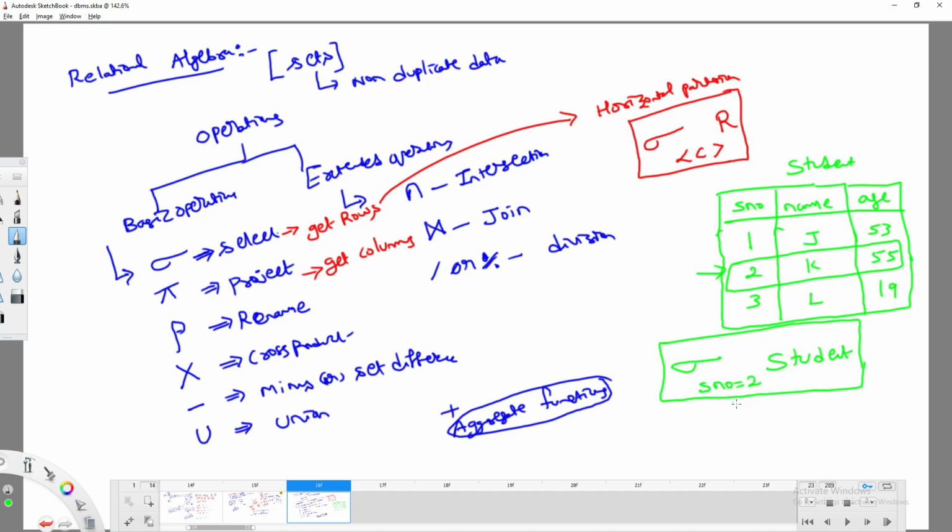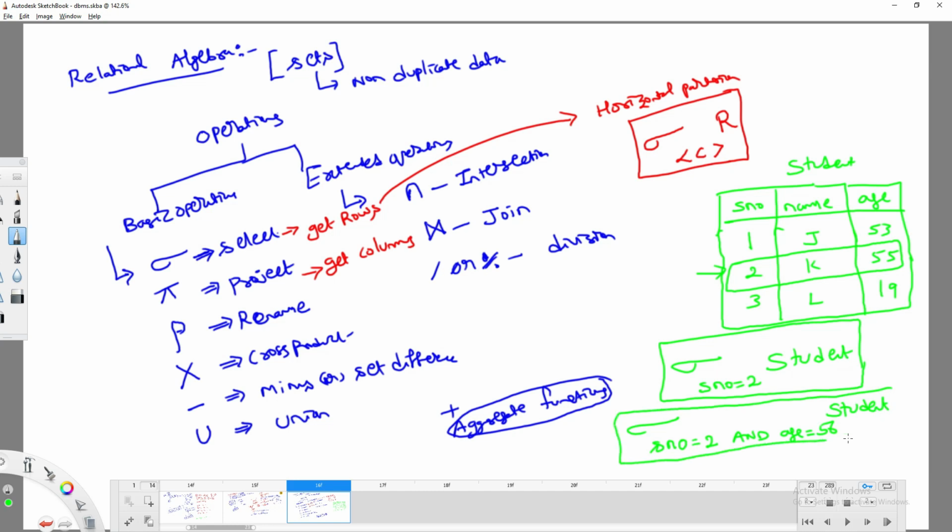Can I combine multiple attributes? Yes. If you want, you can combine with multiple attributes using or, and, like that. For example, let me write a simple logic: serial number equal to 2 and age equal to 56 from the student table. What is the meaning of this?